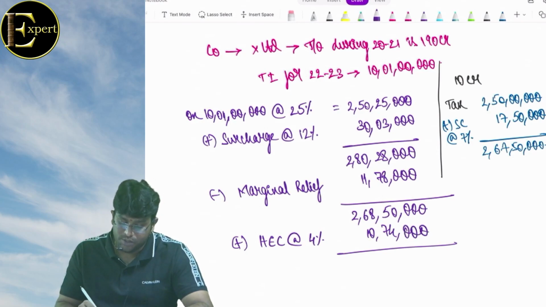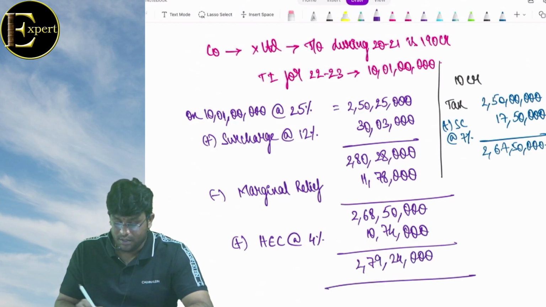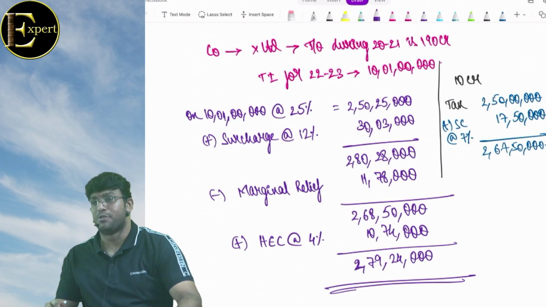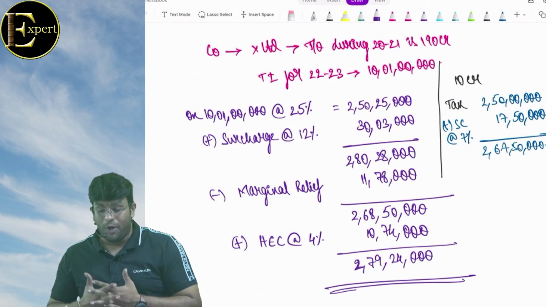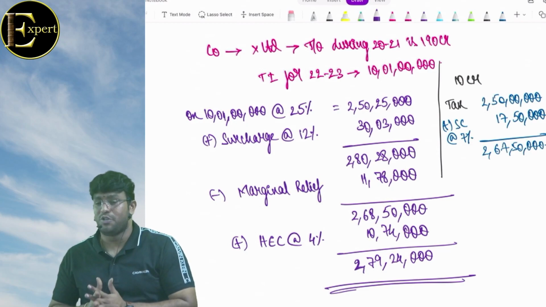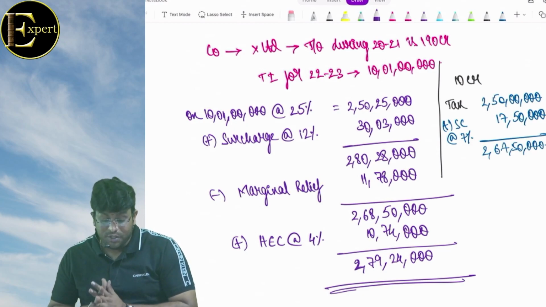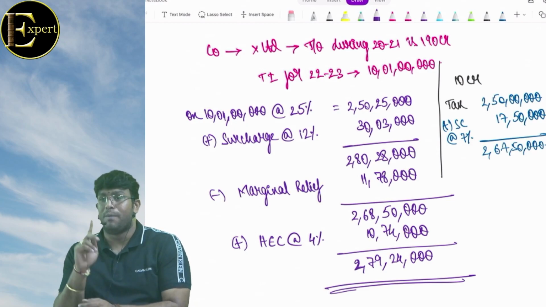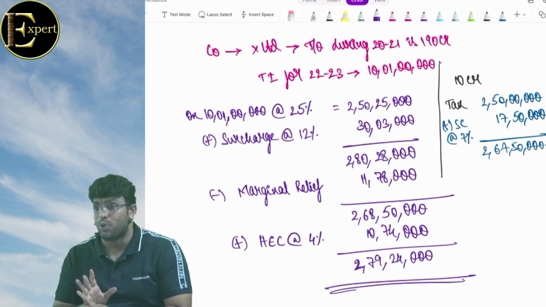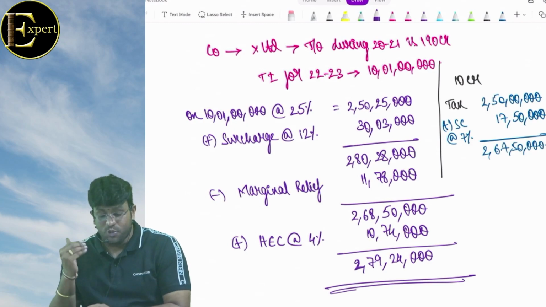कितना बेटा? 2 crores. That's it. This is the tax what company is supposed to pay. I hope we are getting clarity on this question, everybody. Now the point what you have to understand, my dear friends, which you have to get a full proof clarity on this concept, is that when we are trying to compare the tax for 10 crore 1 lakh, we have to compare with 10 crore, not with 1 crore. Point number 1.